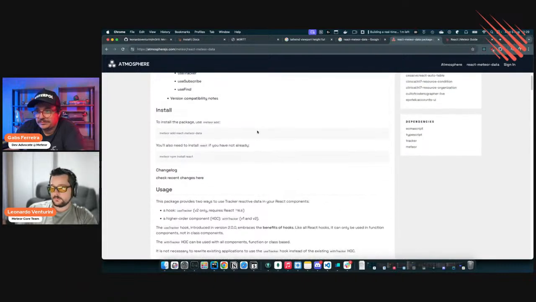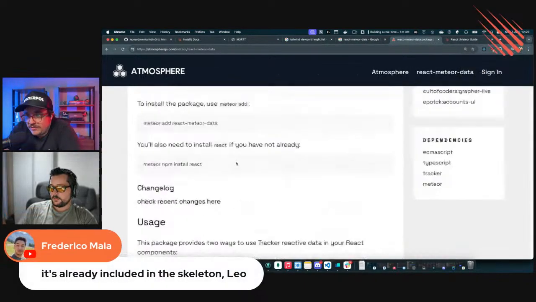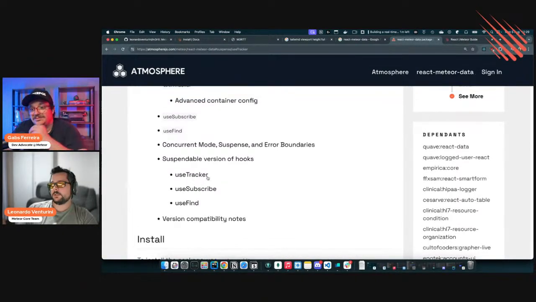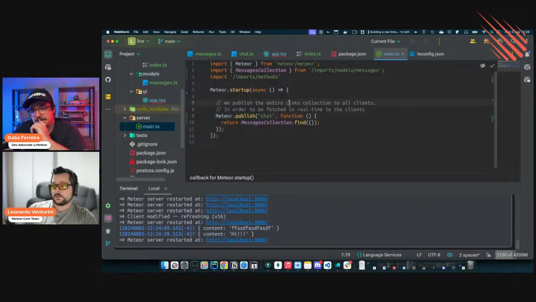Let me increase this zoom. Fred is saying that it's already included in the template skeleton. Yes, it's already included, but I'm just pointing this out. You have basically three main hooks that you can use: useSubscribe and useTracker, basically. Okay, so what we will start using is